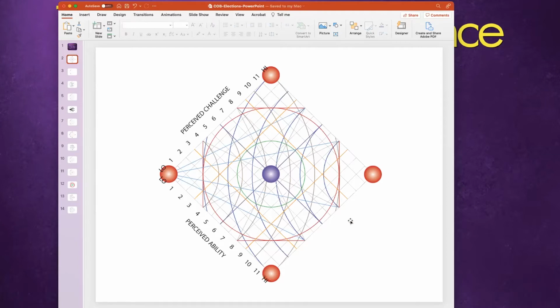Now, even if they do go out there and vote, does their location on the change grid tell me something about the values, the attitudes, the beliefs that are driving that behavior? Is that kind of internal process or frame that they're putting around it different for different locations on the change grid? And ultimately, the question is going to be, how do I win an election if that's part of the reality?